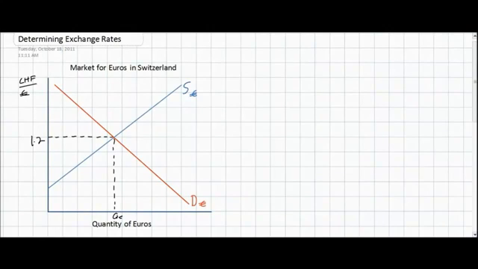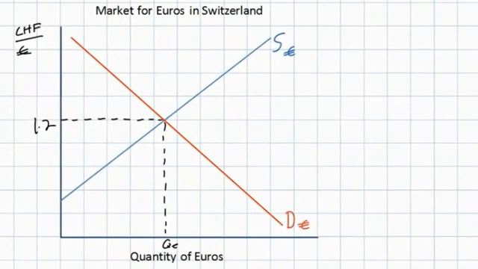So let's look at the market for euros in Switzerland here that we see on the left. In Switzerland, there is a demand for euros. The demand for euros comes from Swiss households who wish to buy European goods and services and other assets, including European government bonds and savings in European banks. So the red demand curve, D for euros, represents Swiss households who are demanding European goods, services,